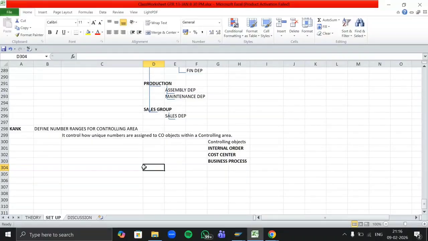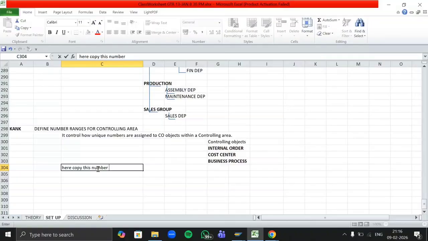And here also we have to copy number ranges from the standard controlling area 0001, and if no numbers are available in 0001, you can use A000 as well there.